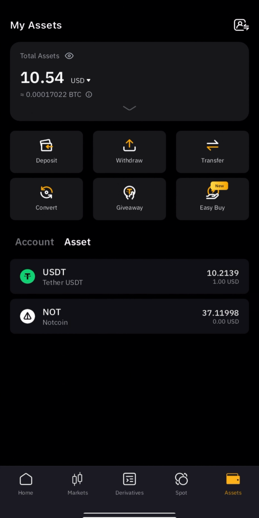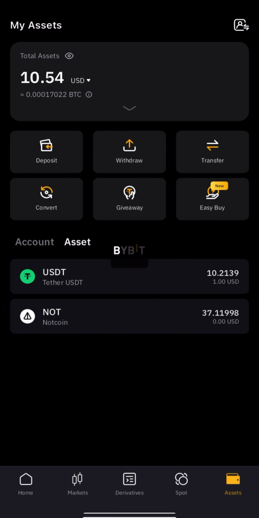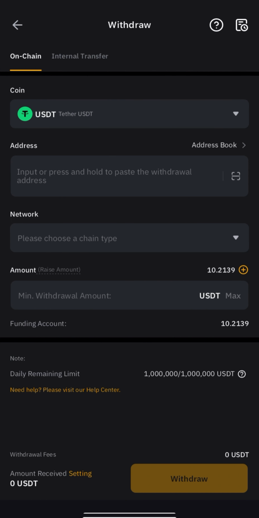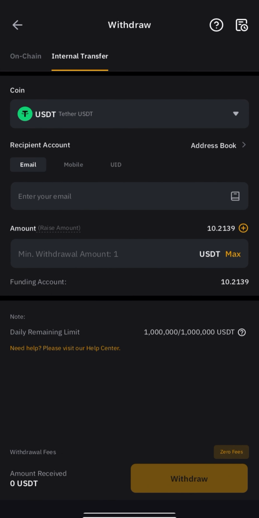And so we return back to sending out. So we'll go back to withdraw, and then we'll click on USDT. So that's just all about on-chain transfer. You need a wallet address, you need the network, and then you input the amount, and then you click on withdraw. And so for internal transfer, you don't need gas fee, one, and number two, you don't need